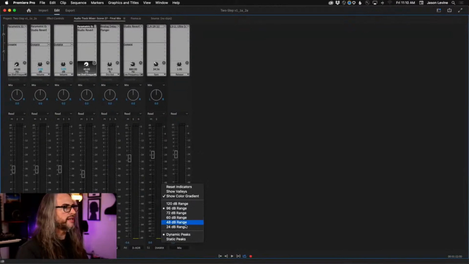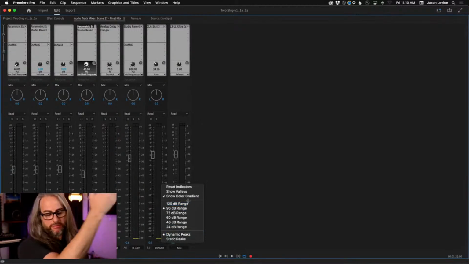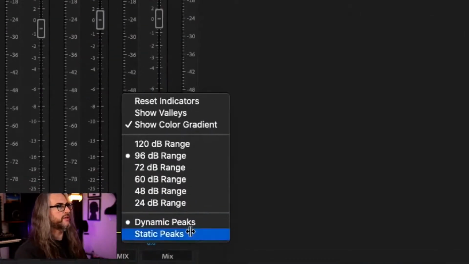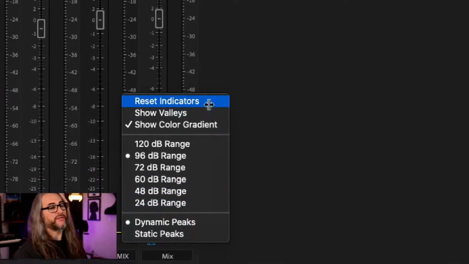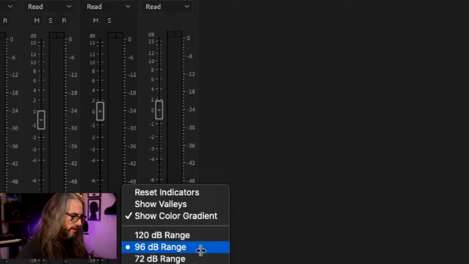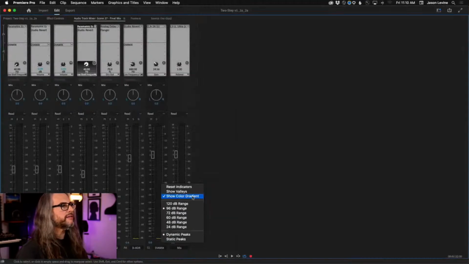Right click and you can adjust, and it's all the same settings that you just saw in Audition. All right. By the way, that reset indicators is if you have static peaks, you can manually reset them with that. Okay. But it's all the same here. All right. Also, show color gradient. Not important to necessarily point that out, but that's just when you have the